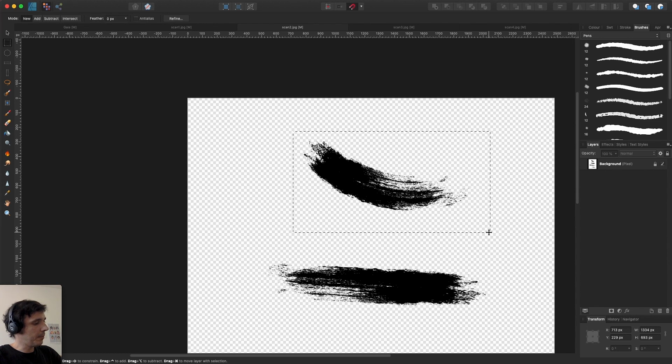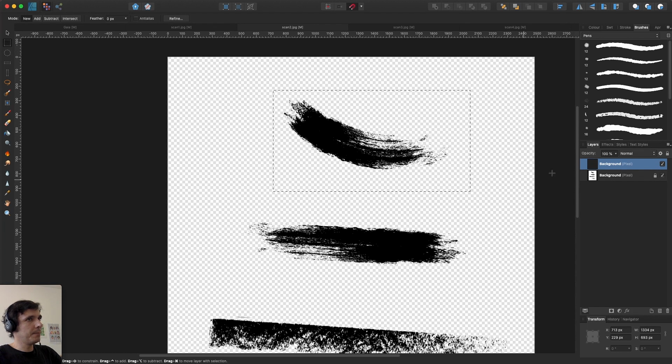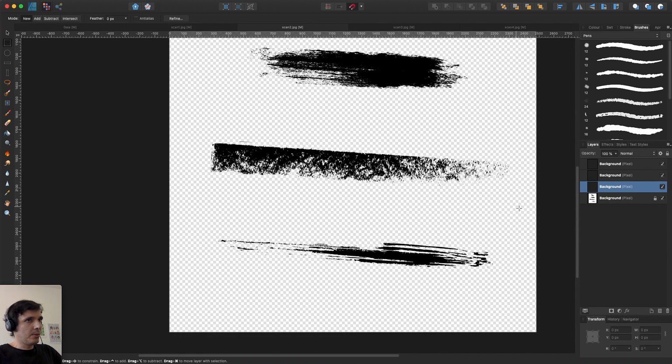Let's separate them by hitting cut, copy. Same here. This part of the job isn't that appealing, but you'll find it really useful when you use them later on. So cut. So now we have them separated.